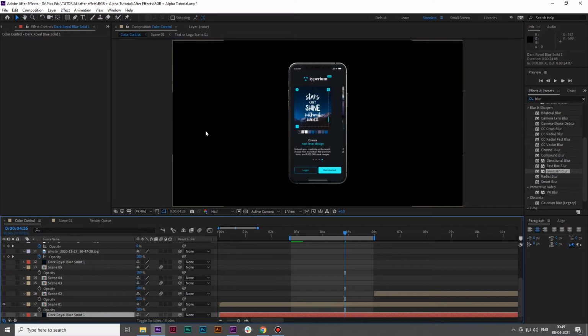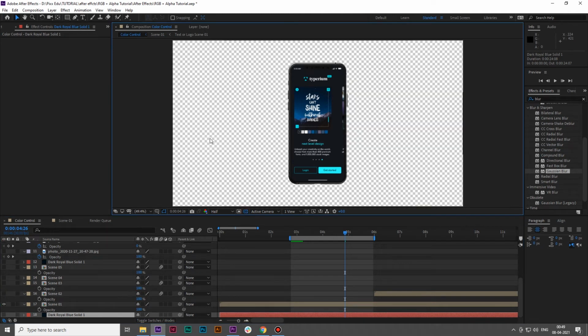As you can see, now here is a black background, but this is not black, this is transparent. If you have any doubt, you can click here on toggle transparency grid. If it shows this transparency grid, it means it's a transparent background. It means there is no layer behind the layer which you have to export with the transparent background. So now we can proceed further as every background layer has been turned off.